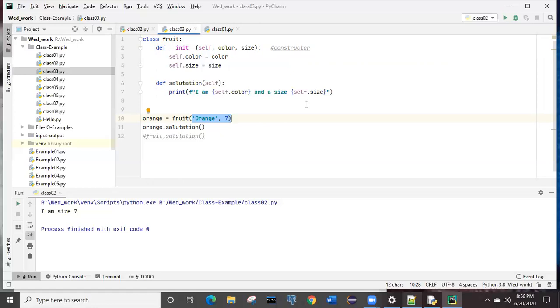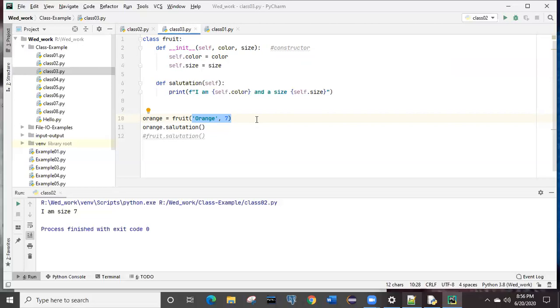So here orange is getting created as an object. You need to tell, if orange is getting created, what could be the color and what could be the size of that. Size may be in centimeters like that. If I'm going to create here an apple, apple equal to fruit.